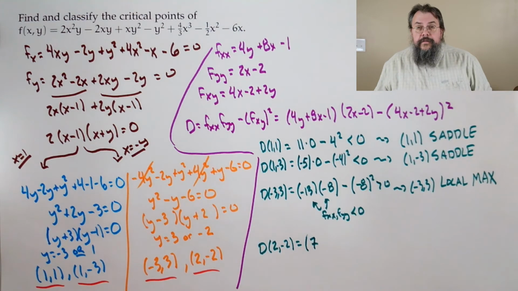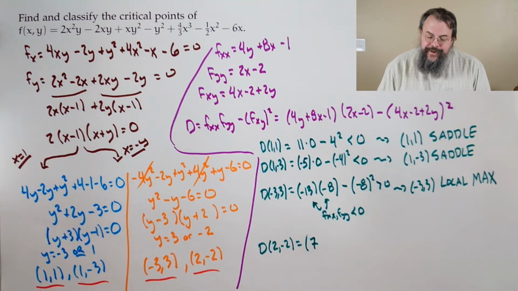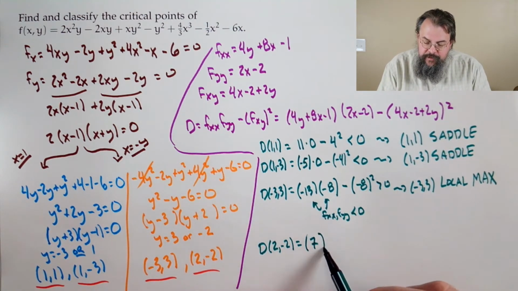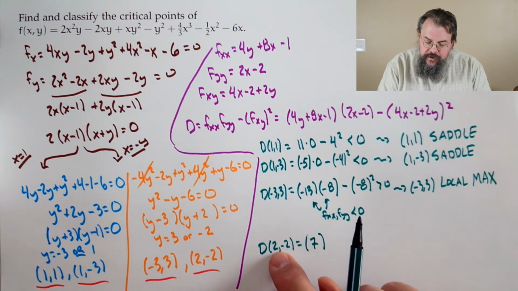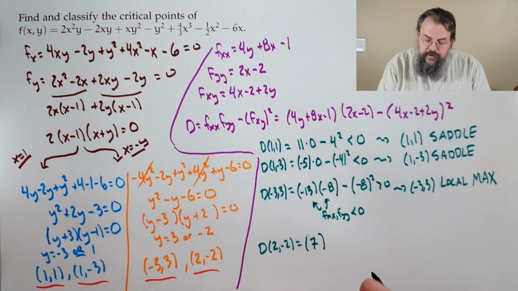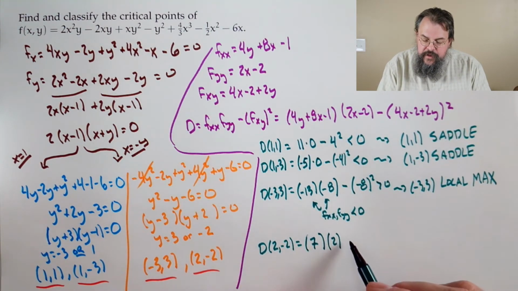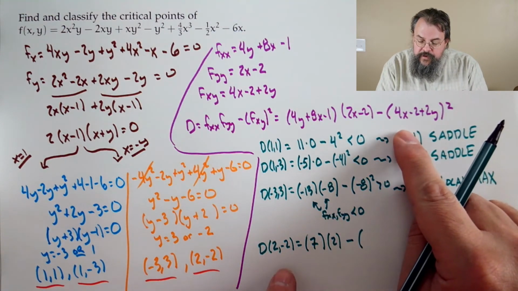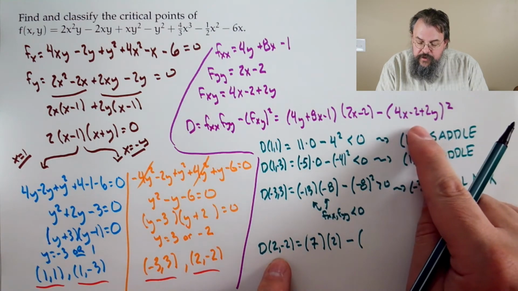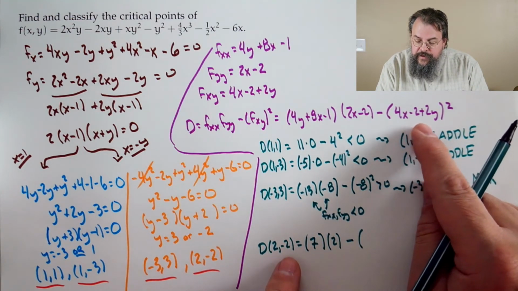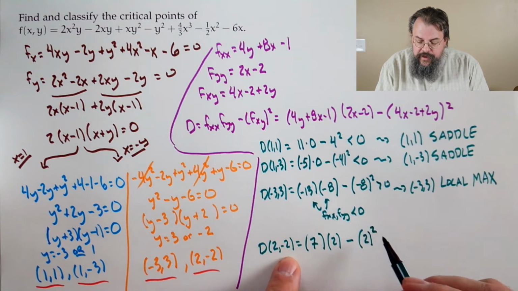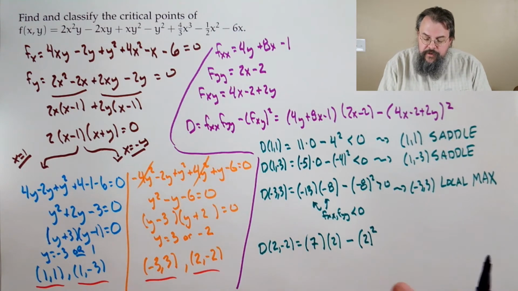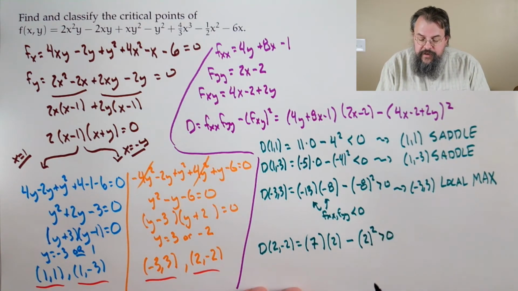7. Yeah? Good. Now, 2 times x minus 2. So, we're going to take 2 times 2. That's 4. Minus 2 is 2. So, 7 times 2. Subtract. Okay. 4 times 2 is 8. Subtract 2. That's 6. Subtract 4 more is 2. So we're going to subtract 2 squared. And that's 14 minus 4. That's positive. But look,